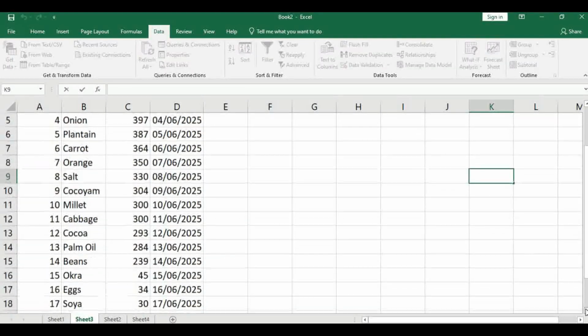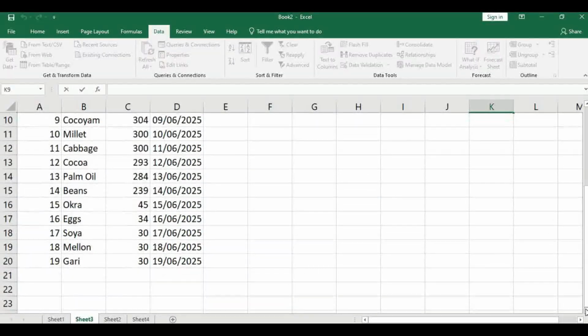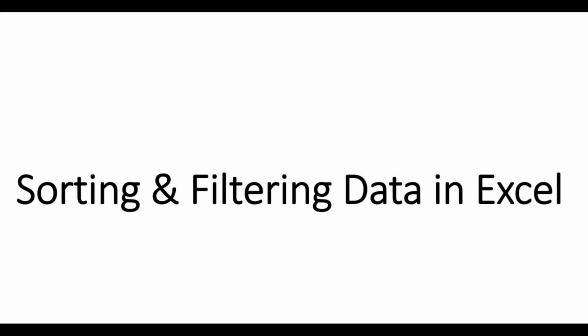Are you tired of digging through endless data to get what you want? In this video, I will show you how to instantly organize and find anything in Excel using sorting, filtering, and